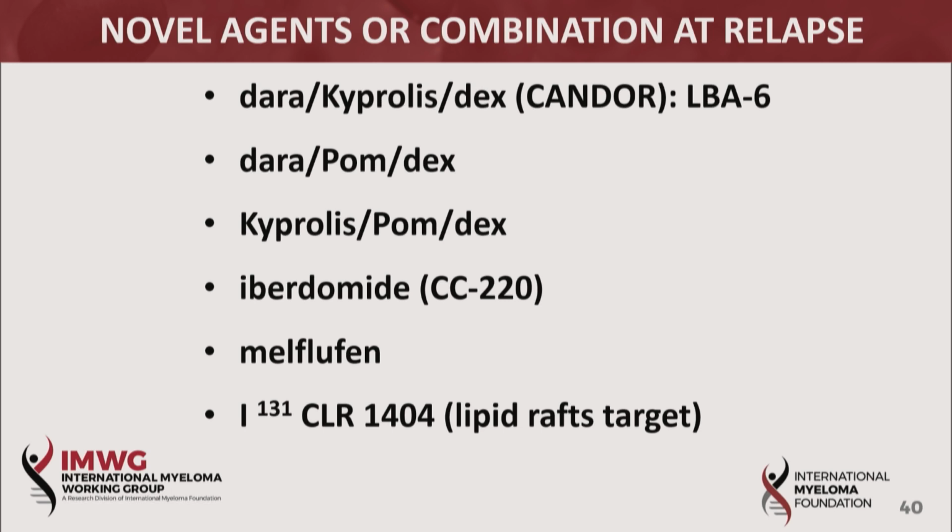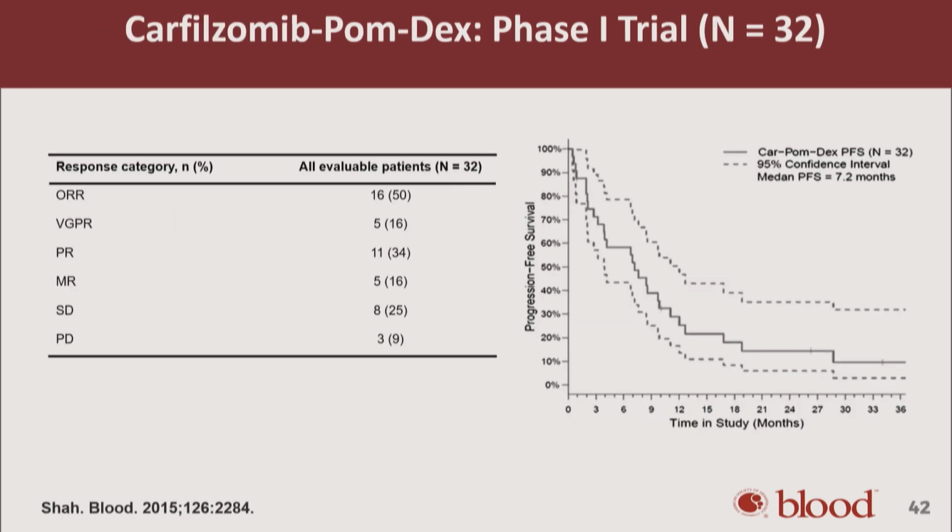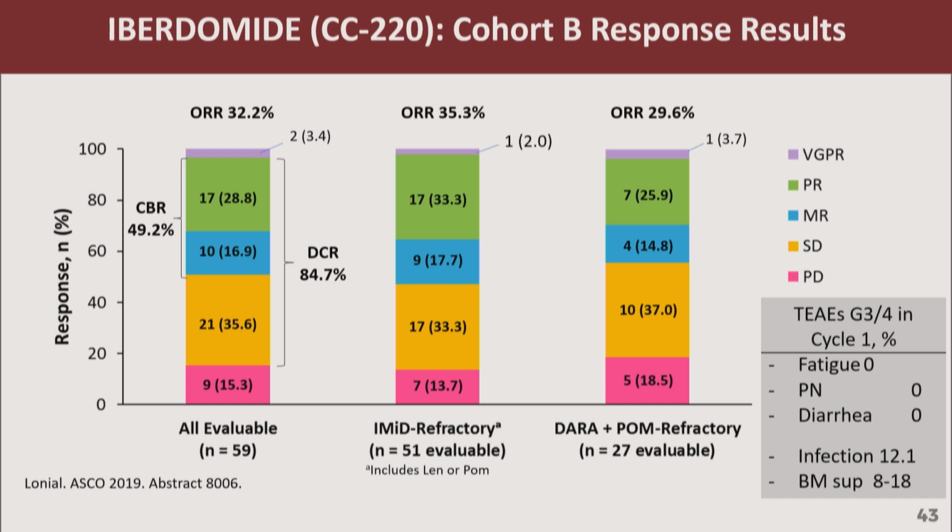Quite interesting new approach, which had some new data. If we just look at some of these survival curves and survival outcomes, again, the Dara Pomdex, very active combination, and is now approved for use, which makes it very helpful. We have carfilzomib Pomdex, also a very active combination, although it's not specifically approved, but is one that can certainly be widely used. Then the new CELMoD,